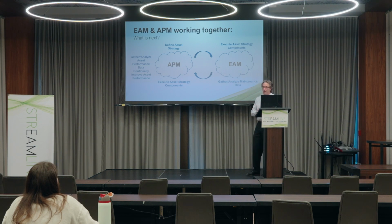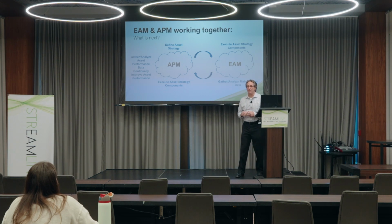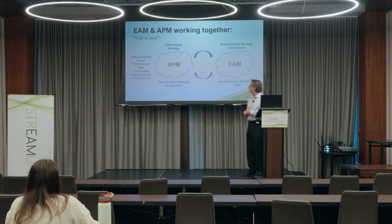We execute the work and the PMs in the enterprise asset management system, collect the data, bring all that over into the asset performance management system for data analysis and opportunities for improvement, and we continue that cycle on and on. So hopefully that makes sense, but